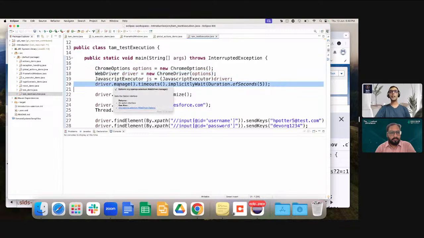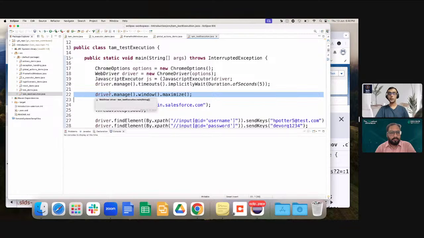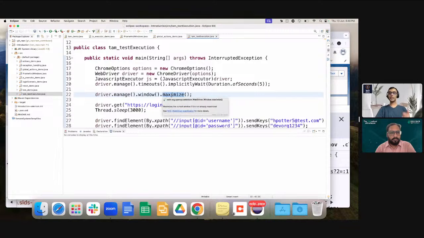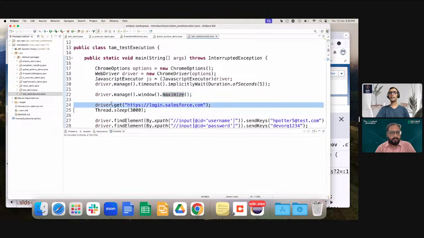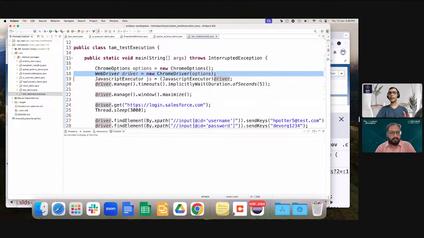Then you have line number 20, which is driver.manage. Line number 22. Let's focus on 22 first. Driver.manage.window.maximize, right? Just focus on the keyword maximize. So it is similar to the manual action, that is when you maximize your window or you minimize your window, right? Then you have driver.get, that is you use this driver object that you created in line number 18, and